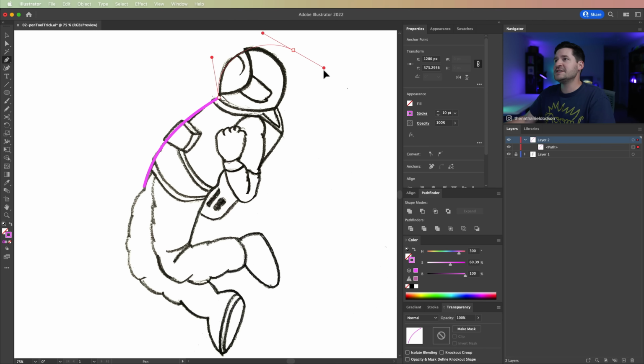I can hold down my space bar and move my anchor point altogether and say, I really want to just pull this around even further, kind of like that. Then I can come down here and you can see that I kind of had that handle pulled out too far. So I could undo that once again. I could pull out and I know that the tangent handle is out too far, so hold down Alt or Option again. Just suck the tangent handle in a little bit. Let me try that again. I messed that up. Suck the tangent handle in, let that go,